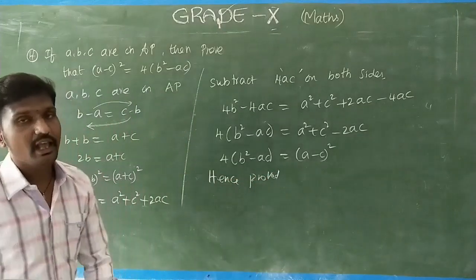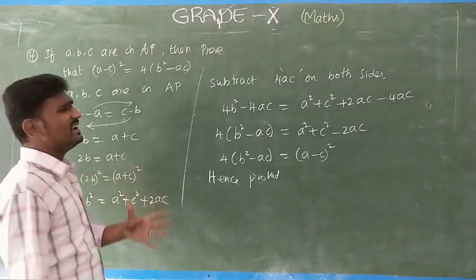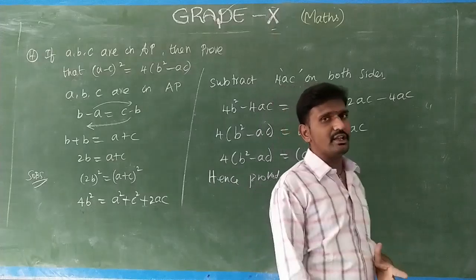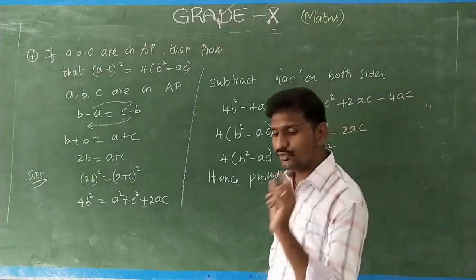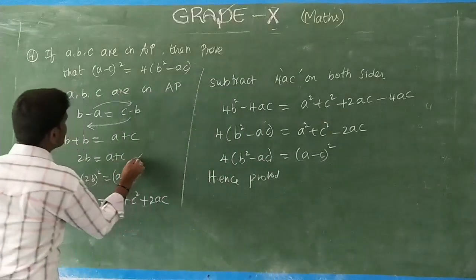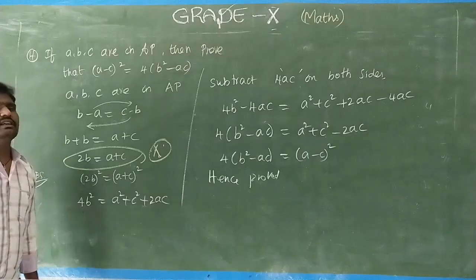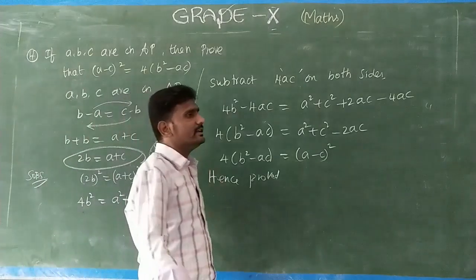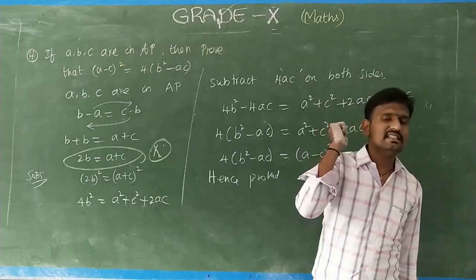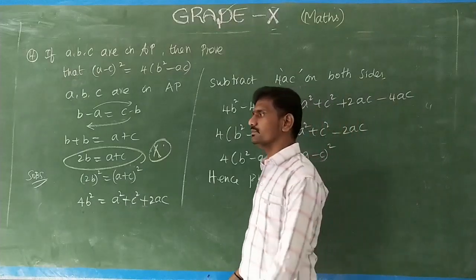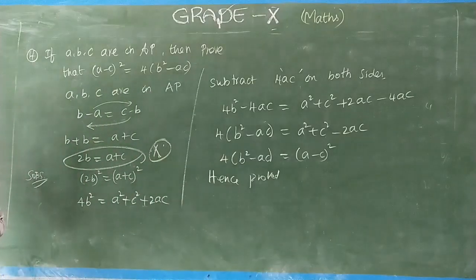Yes students, have you got this sum? This is the easiest sum, because this pattern question is most often expected for creating a 1 mark question. That's what I am doing. And for that also, see, this is an important formula you have: the sum of the first and the third term of an AP is equal to double the second term. Okay, and sometimes also what is the arithmetic?